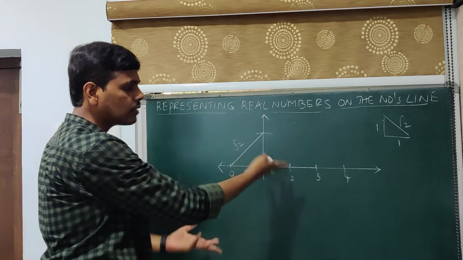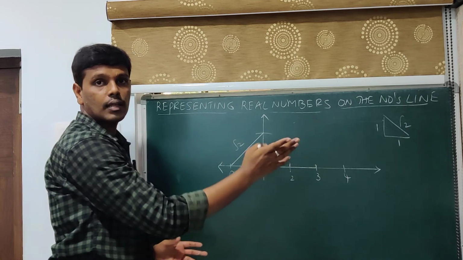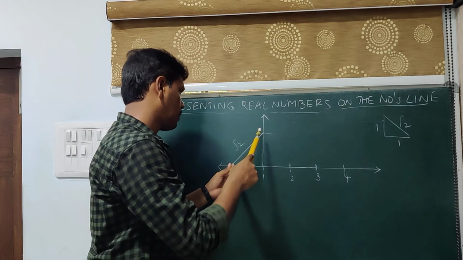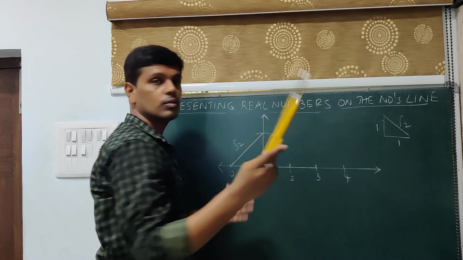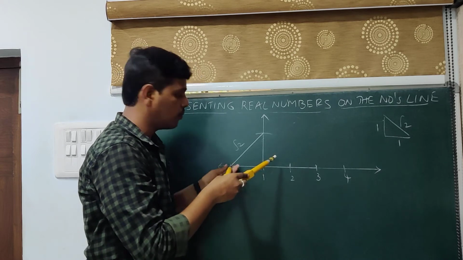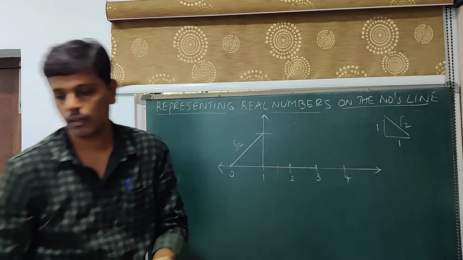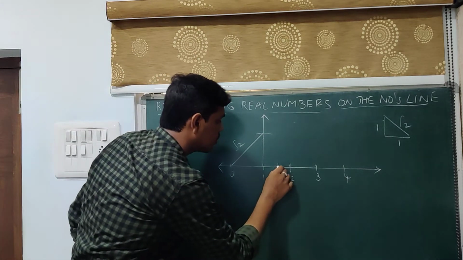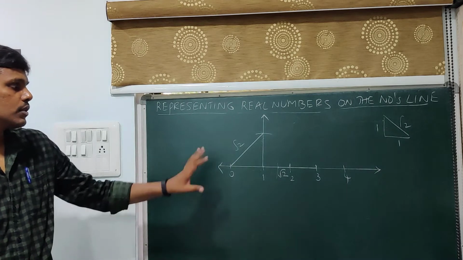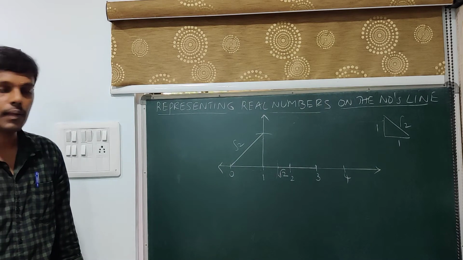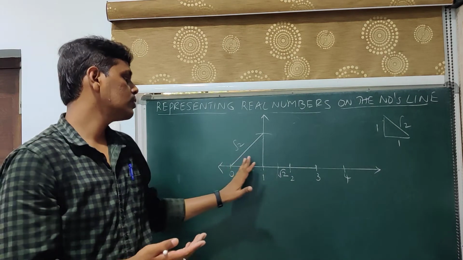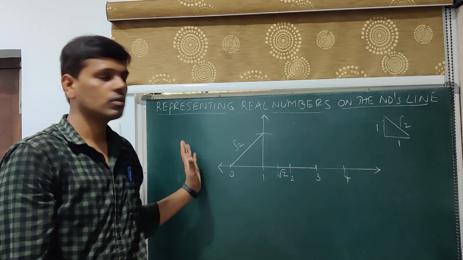Now what you do is take this length and cut an arc on the number line, that will be root 2. So that is what I am doing. So take the length. So this is the length of root 2, and keep this here at O and cut an arc. So this will be root 2. So this is the way we mark it on the number line. So this is about root 2. If suppose you are going with minus root 2, then we will do the same thing on the left hand side. There is no difference. So this is about root 2.